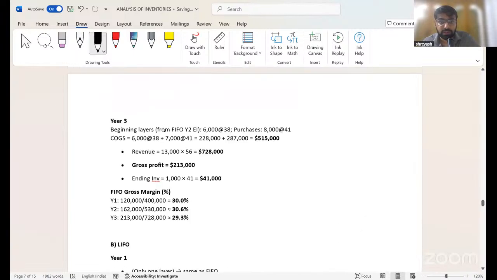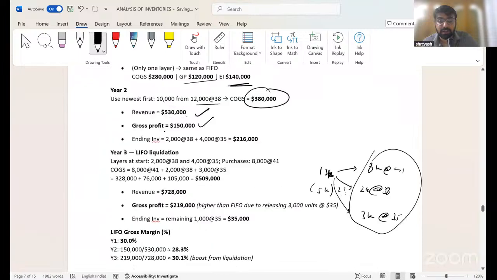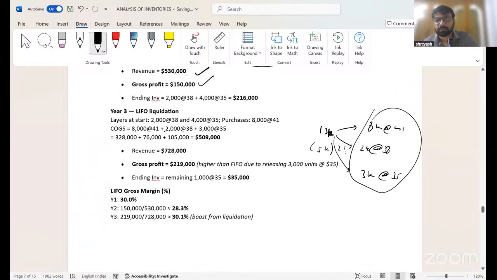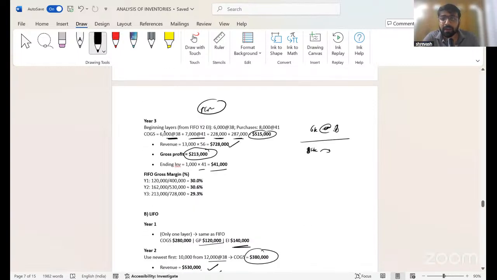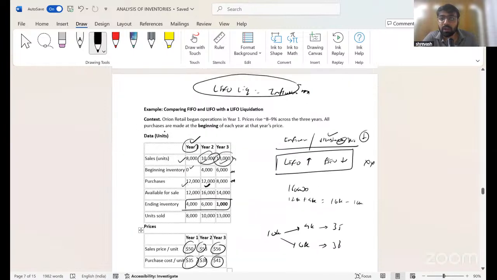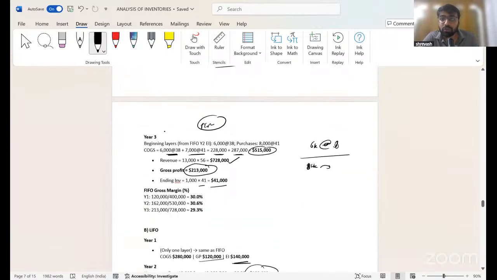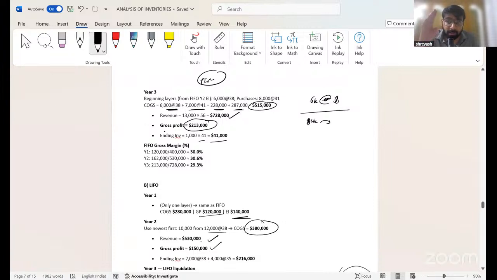FIFO का COGS कितना था? 5,15,000. इसका कितना है? 5,09,000. सर ओके, फेयर इनफ। तो सर एक बार कॉन्टेक्स्ट दे दो ना, इसका समझ नहीं आया। Let us start to discuss the context. Guys, earlier what used to happen when my inventory levels were increasing or were stable, in case of LIFO what used to happen, sir, जो भी मेरा COGS था वो most recent purchases से आ जाता था।